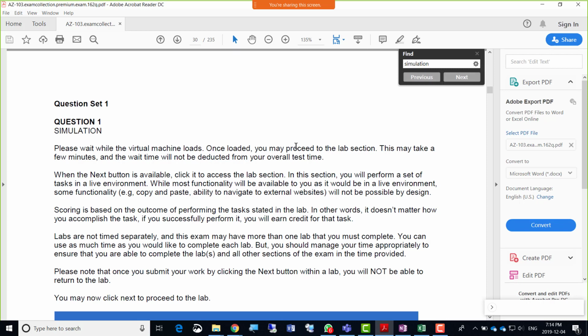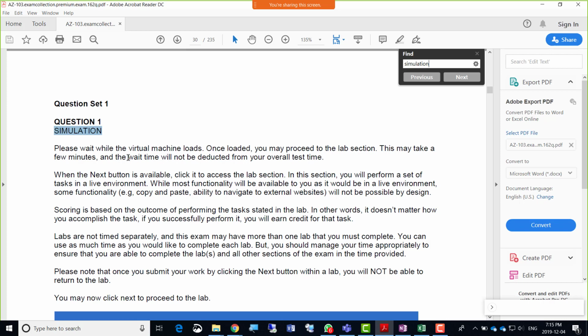Simulation here, and once we put simulation, actually I was on simulation. Okay, so simulation and question set one. So first of all, guys, this says: please wait while the virtual machine loads. Once loaded, you may proceed to the lab creation section. This may take a few minutes, and the wait time will not be deducted from your overall test time.